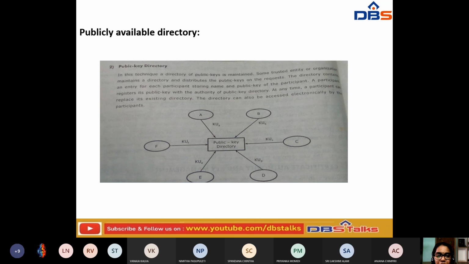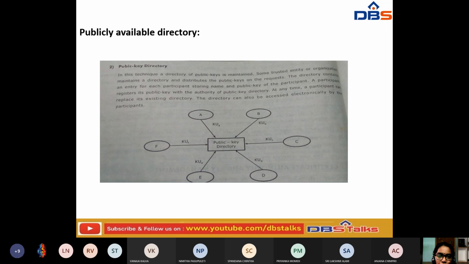So the directory consists of an entry for each participant, storing the name and public key of the participant. A participant registers its public key with the authority of the public key directory at any time. A participant can replace its existing key, and the directory can also be accessed electronically by the participants. So this is how we are going to check this public key directory.